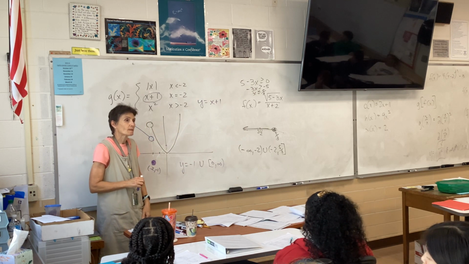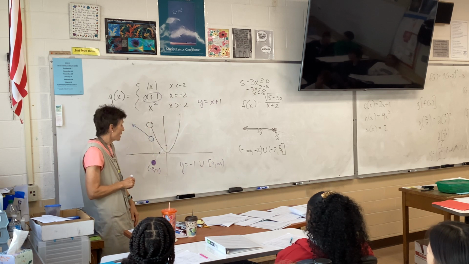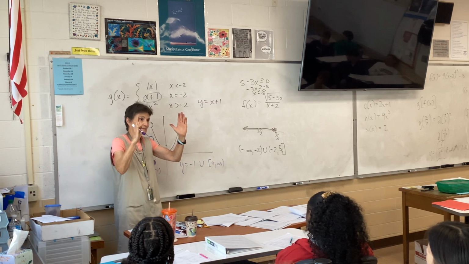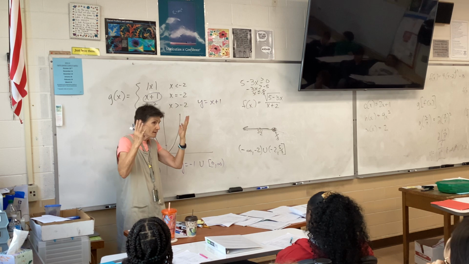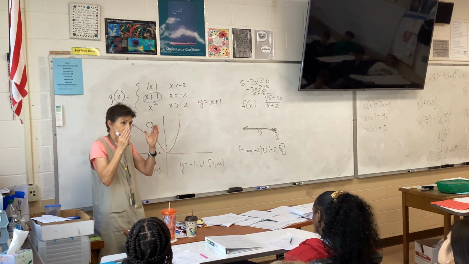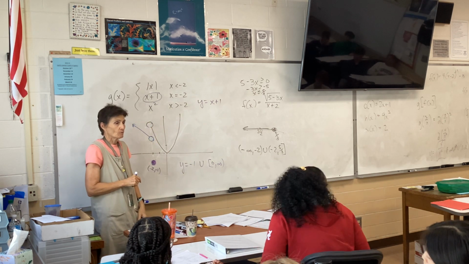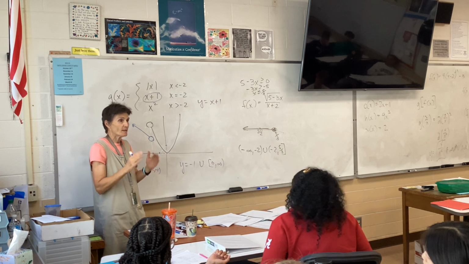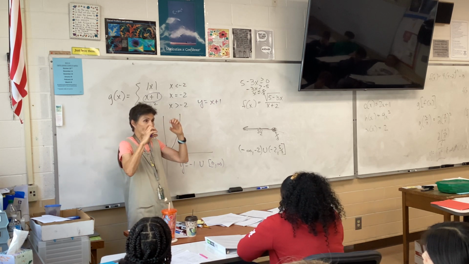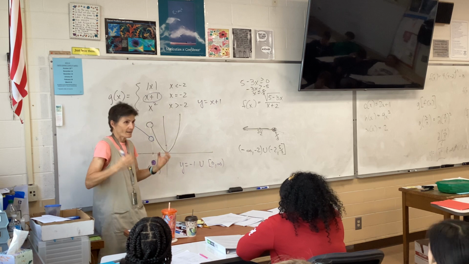Why doesn't it make it one in brackets or parentheses? Because when you write an interval, it's got to have a start and a stop, and the number does not. I mean, it's a number. So, by definition, an interval is from point A to point B, and we only have a